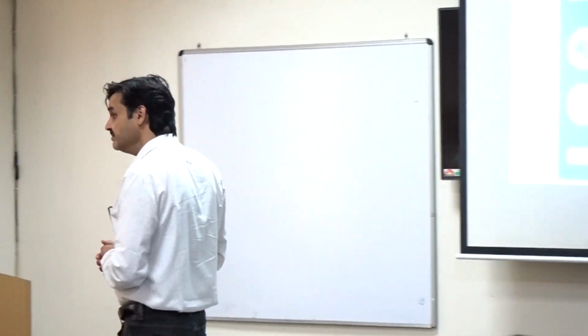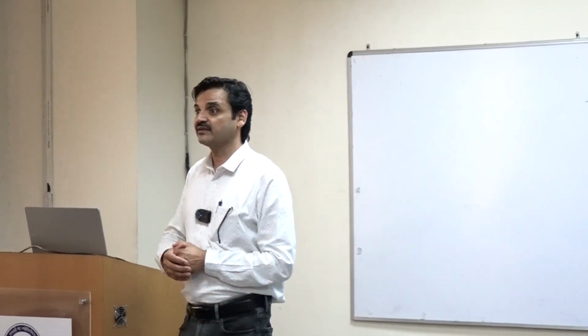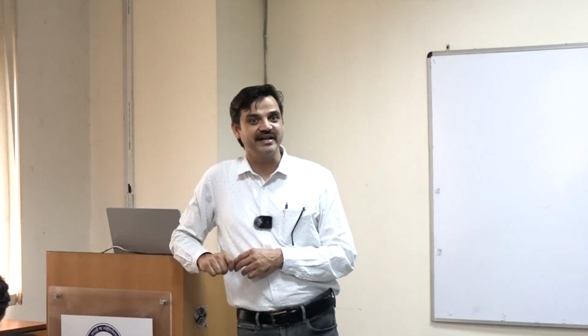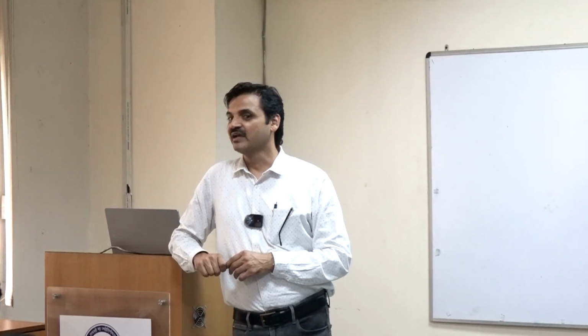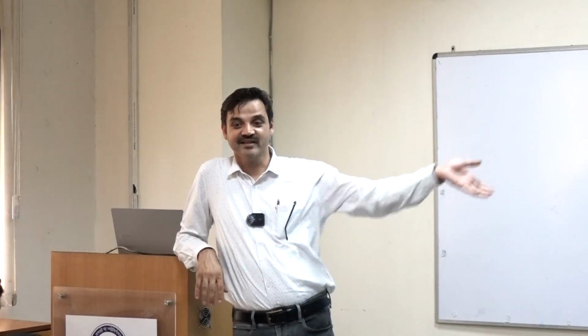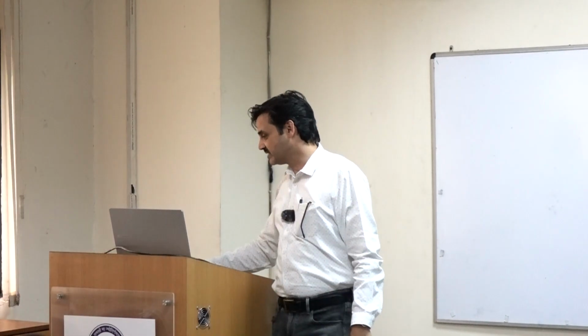There was a time, don't forget, that Lal Bahadur Shastri ji was our Prime Minister in 1964. At that time we were 44 crore only. He requested everyone to save a meal in a day, that only take 2 meals in a day, save one for tomorrow. That was the situation. And then somebody came, and then we got that food security. I'll be going to talk about this right now.